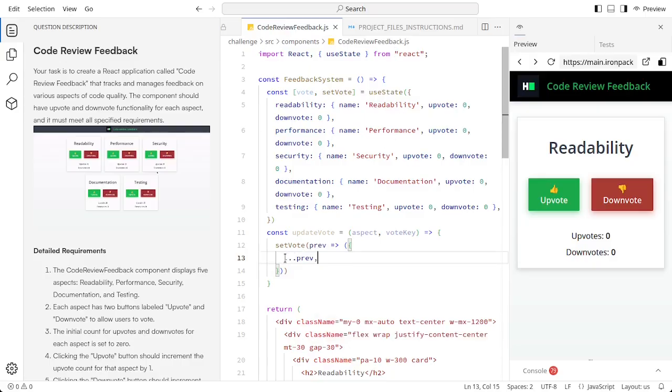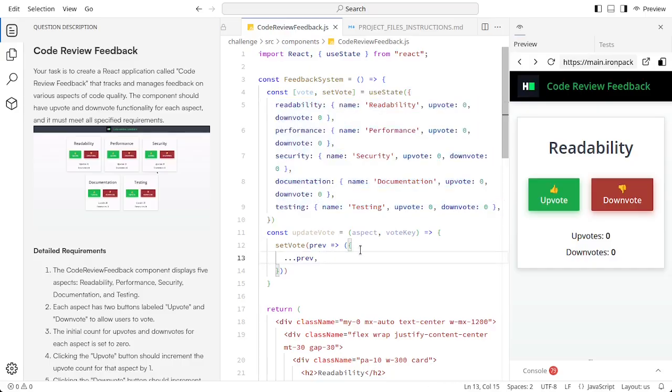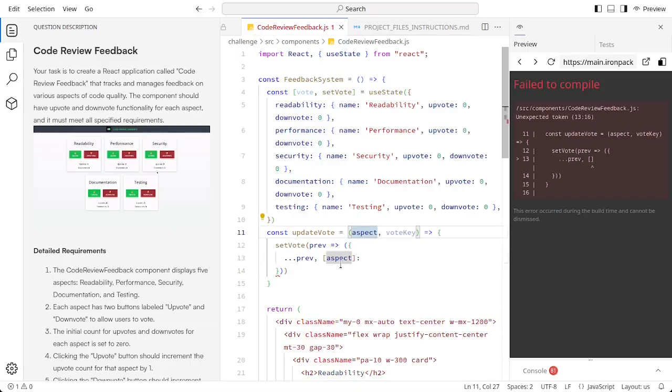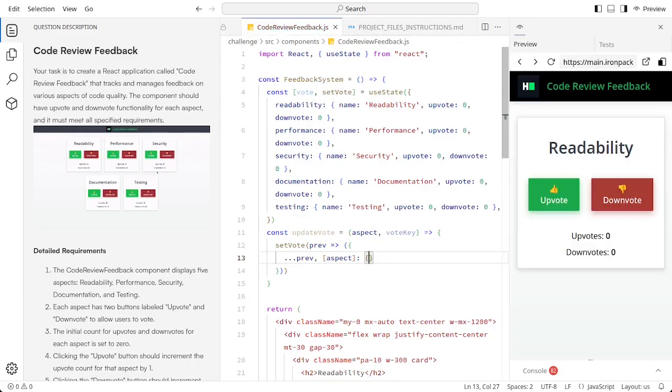So the spread operator will spread the previous value, so we can use it to update the previous value without directly mutating it. And then using the previous, and then choosing the aspect using the key like an array right here, and then aspect we're choosing it either the security, documentation, or testing. And then for inside the aspect, we can